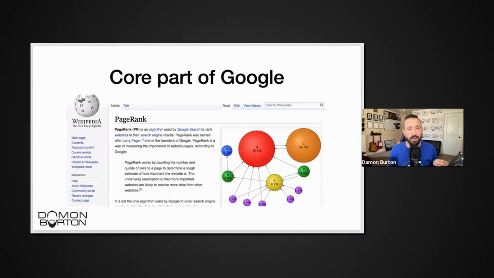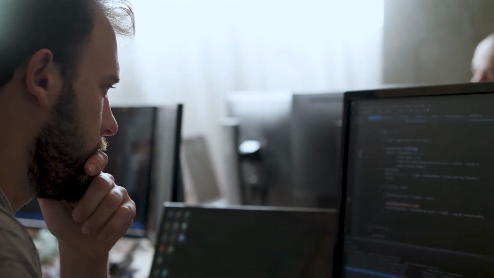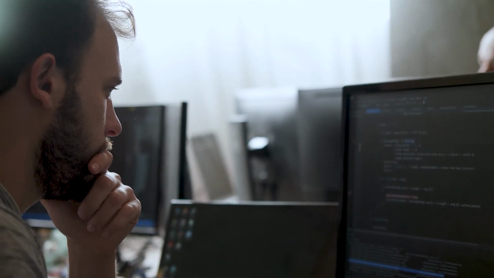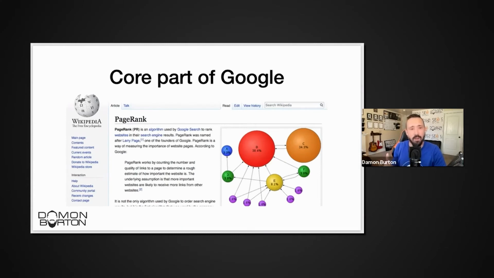Before Google came along, all these other search engines would look at basically keyword stuffed elements, all the things that webmasters could manipulate. So Google said, well, what if I paid attention to external factors, the things that are less likely to be manipulated? And so they paid attention to these votes, these links from other websites to yours. So this is still a core part of its algorithm. And so if you can increase the amount of links that other websites have to yours, there's also a quality play. It's not just purely quantity, so don't go spamming a bunch of links.